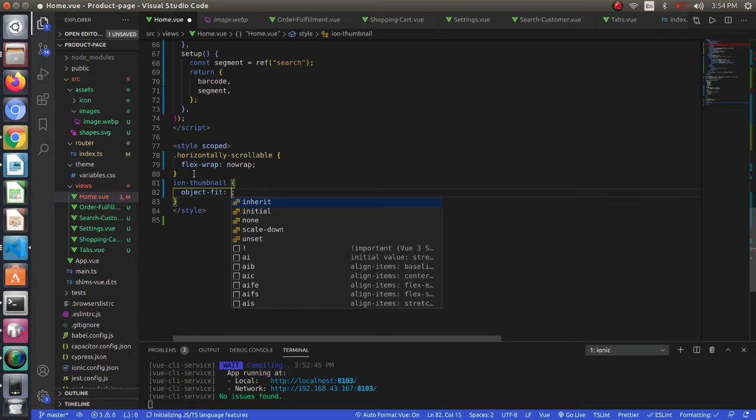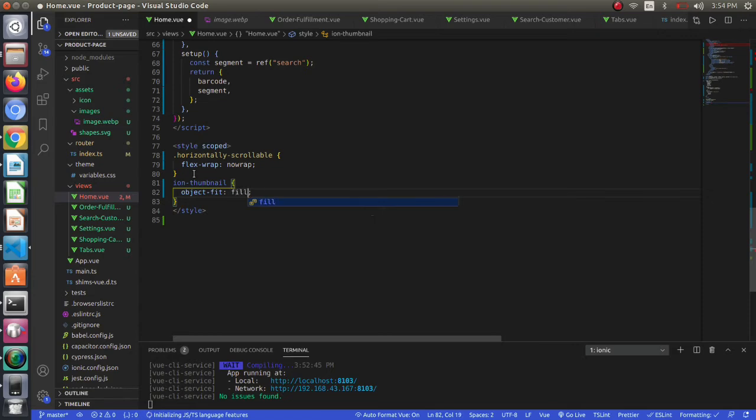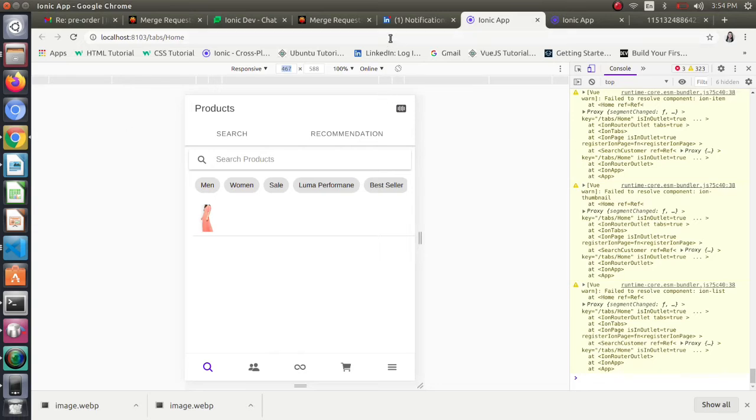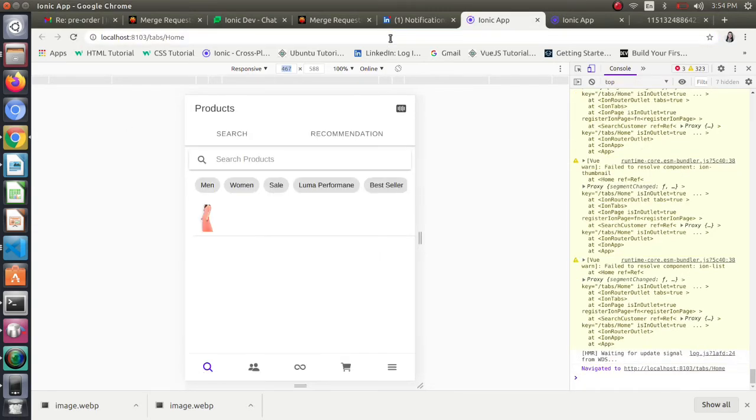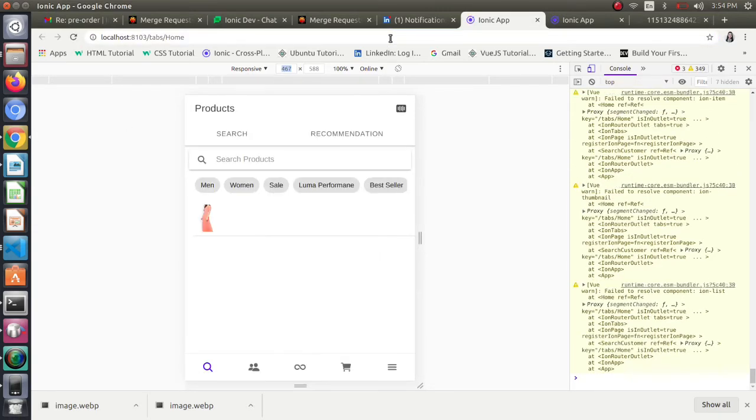So by this we will see what is the result. Nothing happens because object-fit fill is the default way: the image is resized to fill the given dimension, and if necessary the image will be stretched or squished to fit.